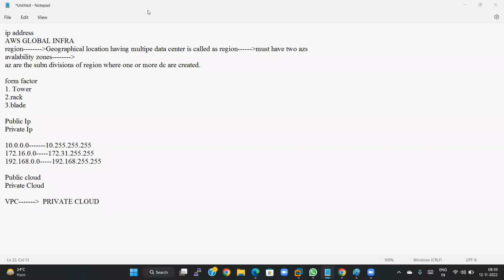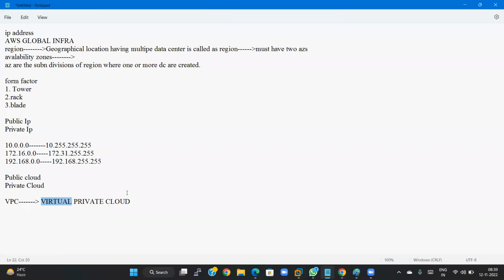Okay, very good. So any resources that are provided to a single client, that is called a private cloud. Now here what we are doing, we are deploying the private cloud in the public cloud, and that is called a virtual private cloud. Now how can I define that? So if I have to define virtual private cloud, or VPC, I can simply say that